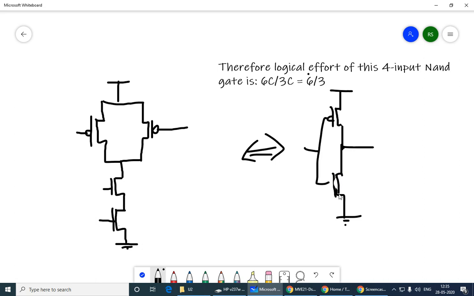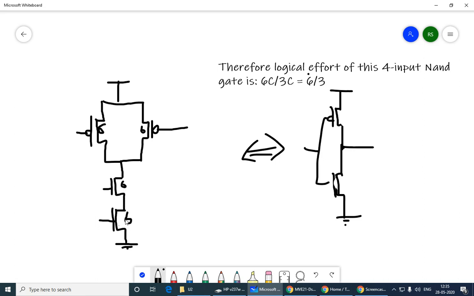What is the rule that I follow? The only rule that I follow, as we said early on, is that the propagation delay should be the same for the rising and falling transitions. So I'm not always going to put, generally what do we put? We put 2, 2, 2, 2. I can do a different one. I can put any number. Let's say I put 6, 6, 6, 6.